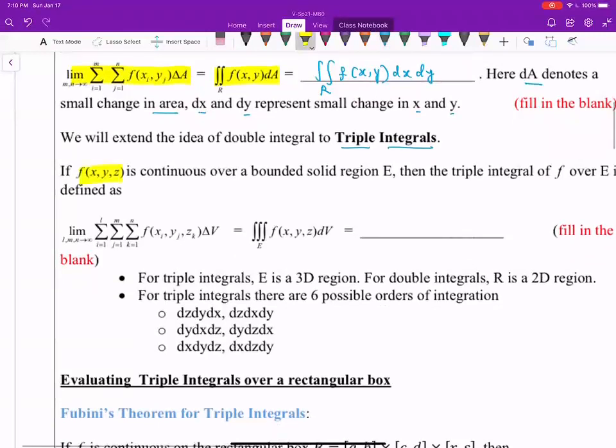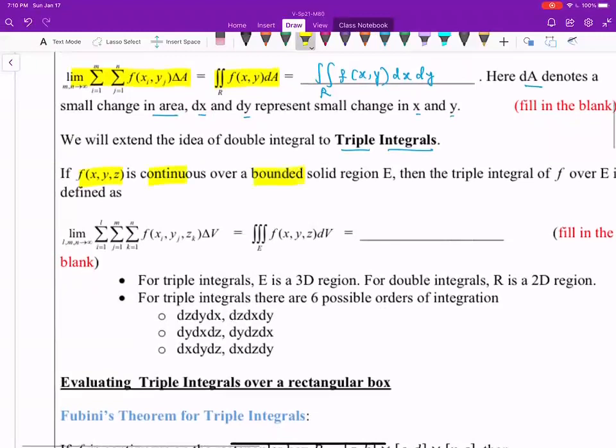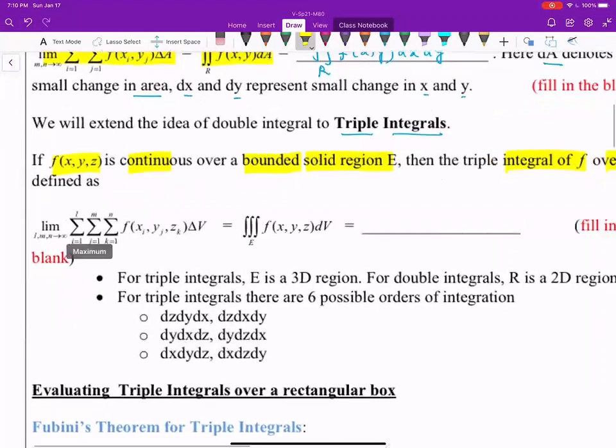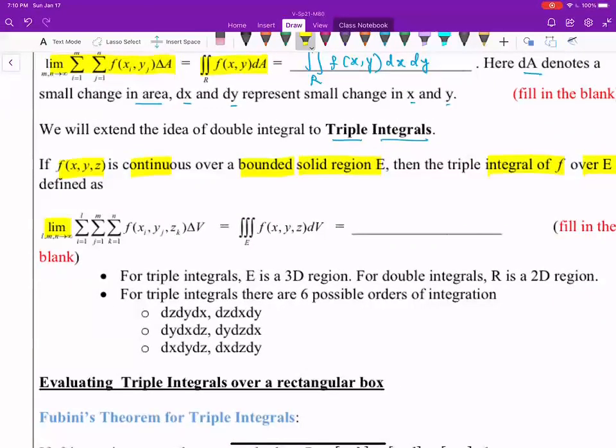If f of x y z is continuous over a bounded solid region E, then the triple integral of f over E is defined as the limit as L, M, and N approach infinity, triple sigma i varying from 1 to L, sigma j varying from 1 to M, sigma k varying from 1 to N, f of x_i y_j z_k delta V, which is written as the triple integral over the solid region E, f of x y z dV,